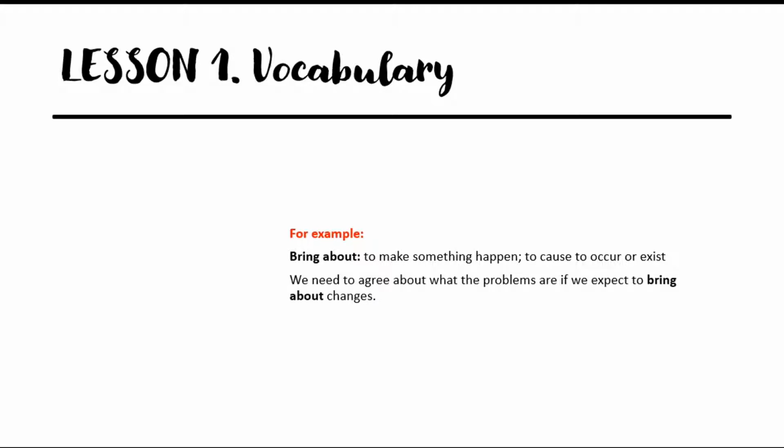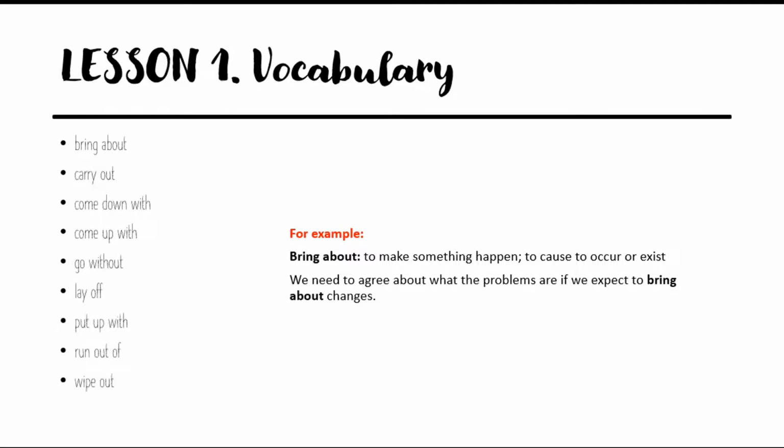You can find more idioms on page 111. Now, in lesson 1, we'll find vocabulary, and those are phrasal verbs to discuss issues and problems such as bring about, carry out, come down with, come out with, go without, play up, put up with, run out of, and wipe out. So, an example of this, we'll find that bring about means to make something happen, to cause or exist. An example of this could be, we need to agree about what the problems are with respect to